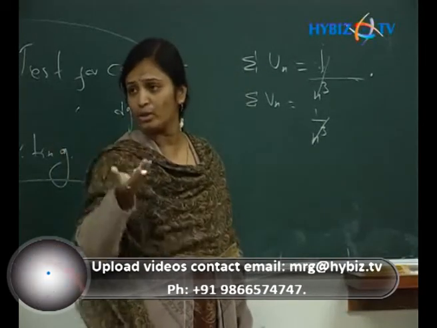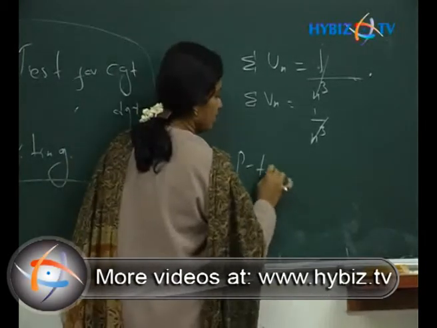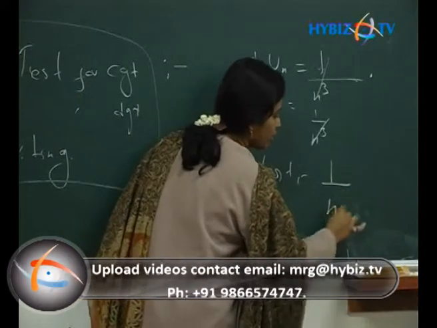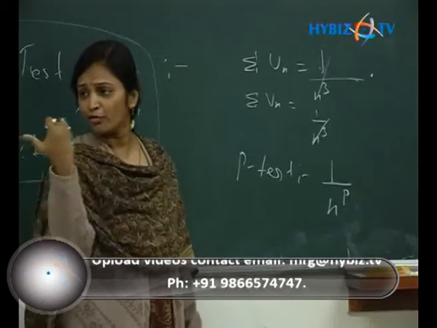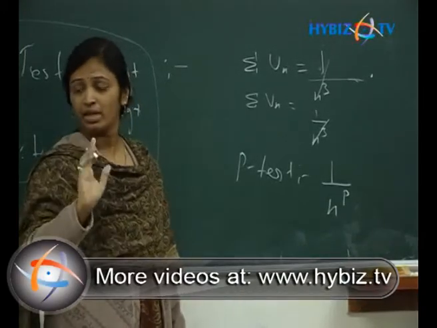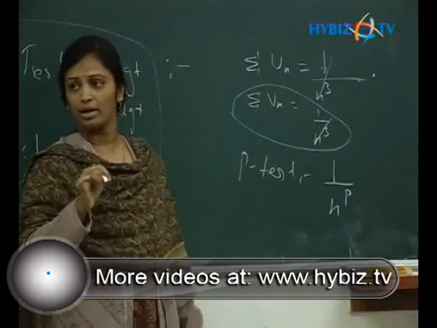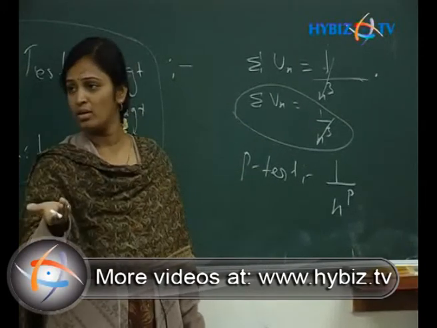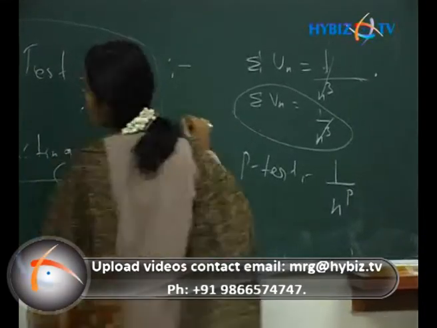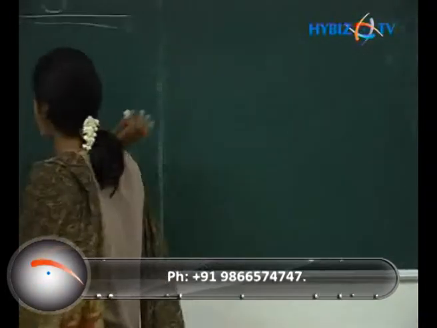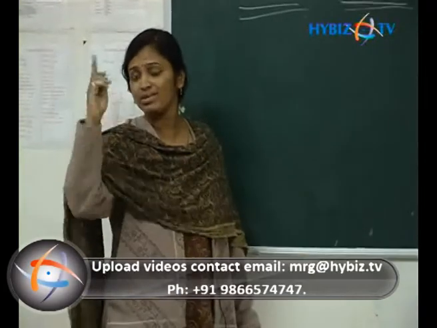And last, you are not confirming the comparison test, and you take the p-test. So what's the p-test? It is in the form of n power p. Based on that p-test, you confirm whether it is convergent or divergent. Suppose our assumption, whatever sigma Vn you take, is wrong, what will happen? The p-test also fails, no? You are not getting the correct or optimal solution. That's why we are not going to take the comparison test. We want only the optimal solution. Based on that, we have given six methods now.